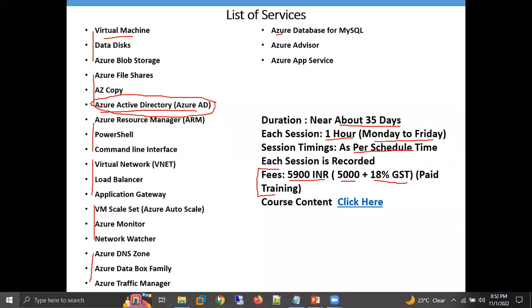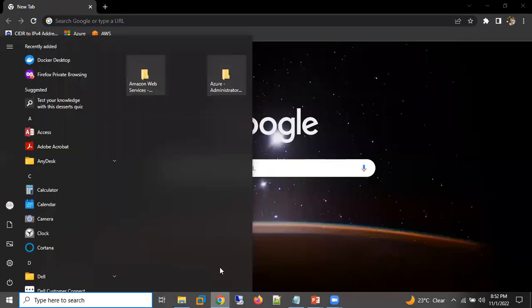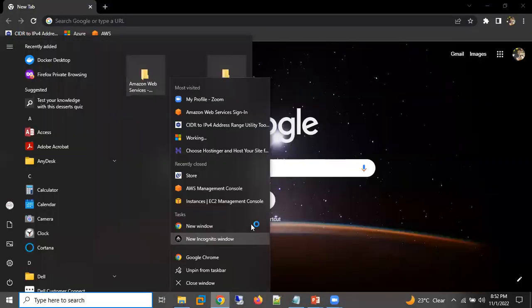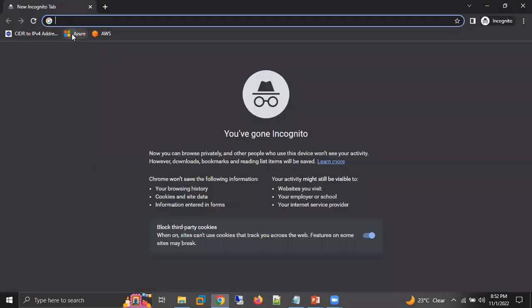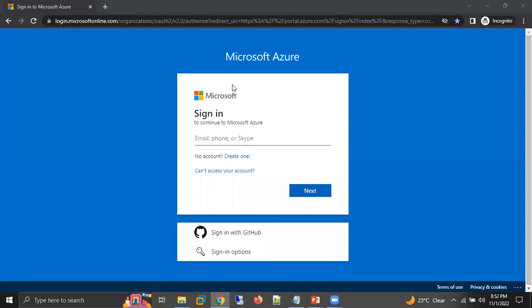Right now, if I need to log into an Azure account, there are actually two types of users we have in the cloud platform in Azure also. One is called root user, the other is called IAM user. With Azure Active Directory, I can create IAM users. If I log in with my email ID and password, it means I'm logging in as the root user. Root is head, admin. You can say that, head.